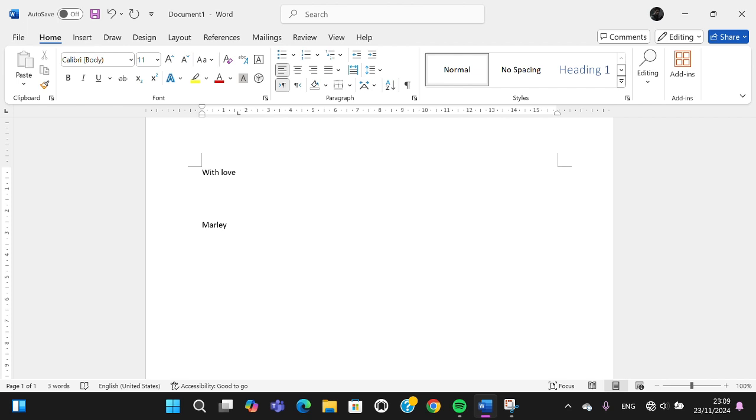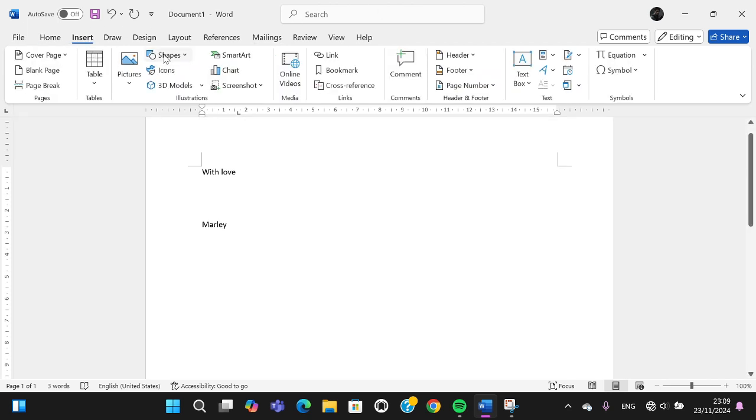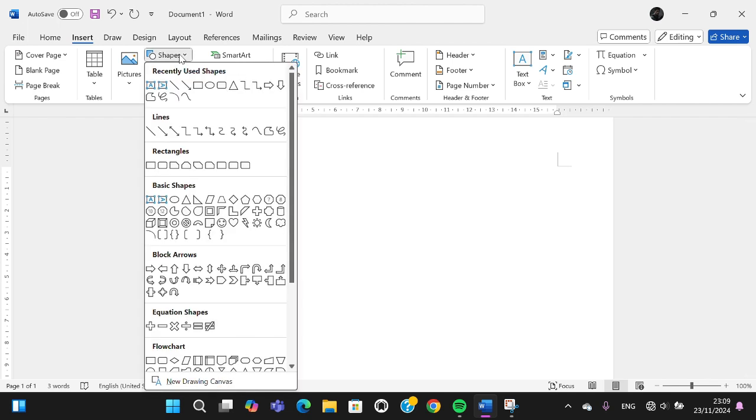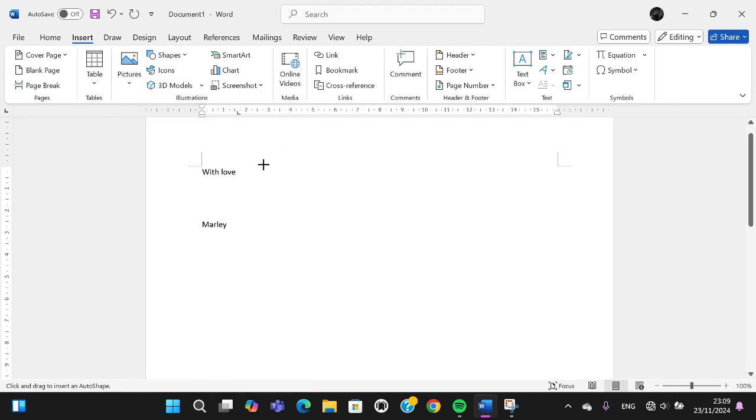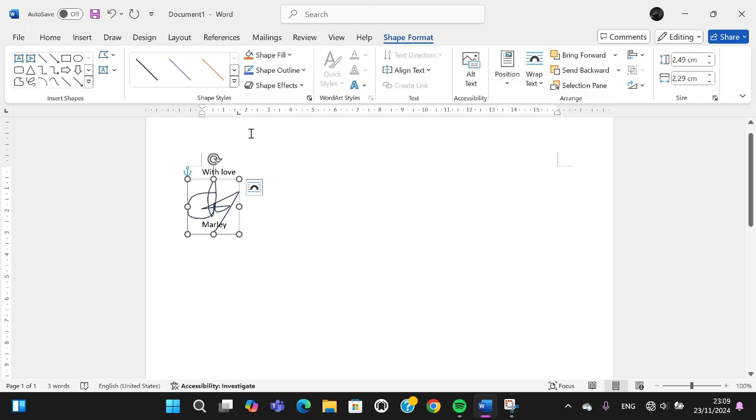Okay, if you want to add your signature, you can go to the insert menu, and then you're going to go to the shapes, and then you're going to select the lines category and select this option, scribble. Okay, and here you will be able to draw your signature like this, and you can customize the line right here,